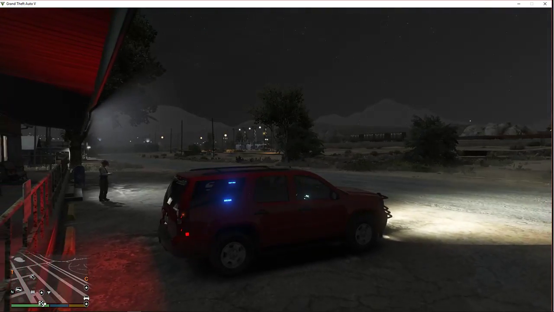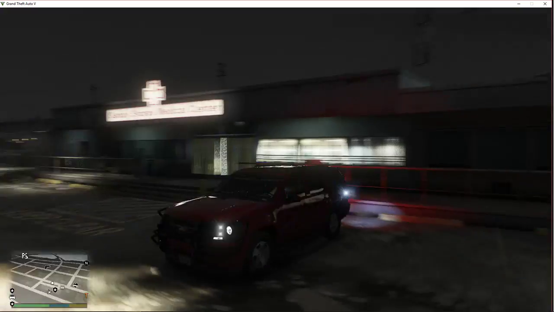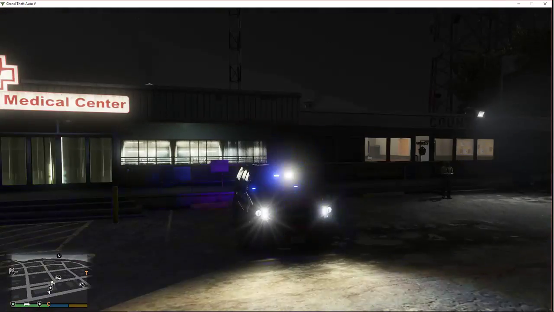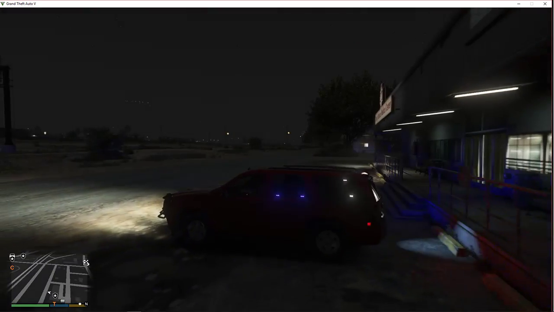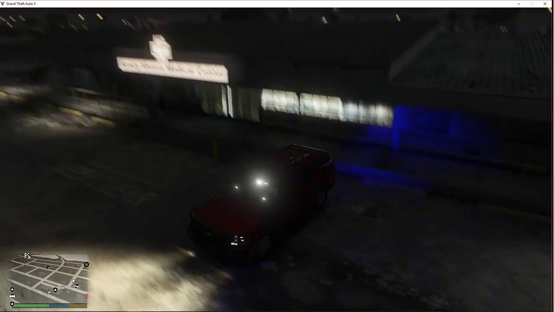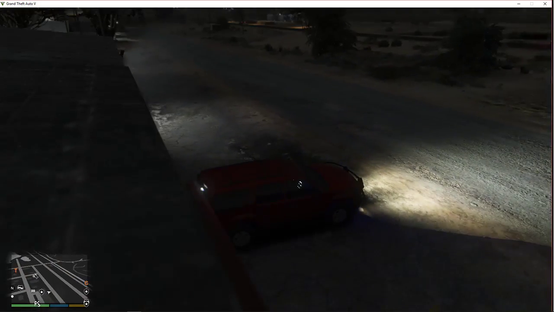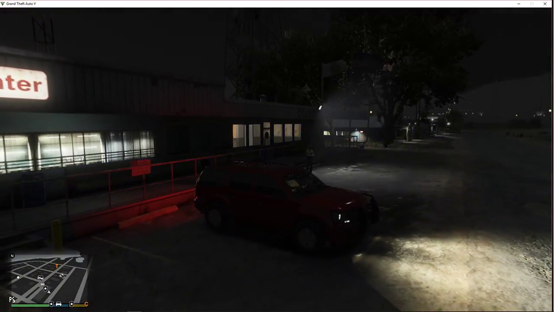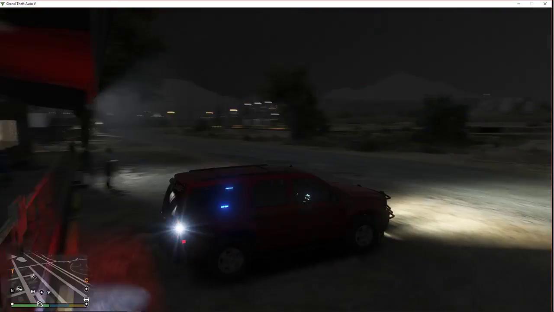So you can see that is our first set of lights here. Kind of like it. That's gonna be our second lighting, and that's all of them. It lights up like crazy. And you can see that the VCF is working. With the lighting on the windows, you do have the flashing white lights, but no red. You do have the brake lights and that, but